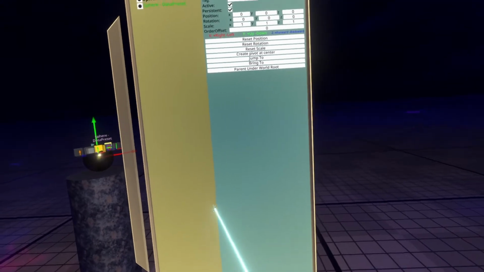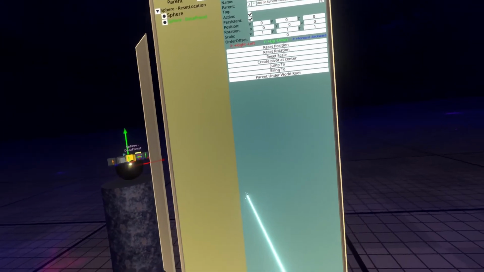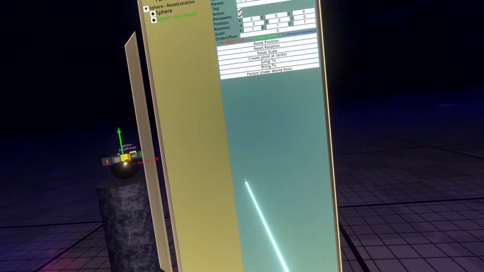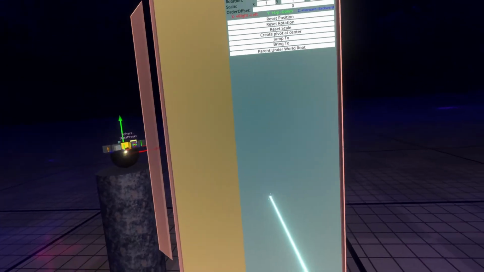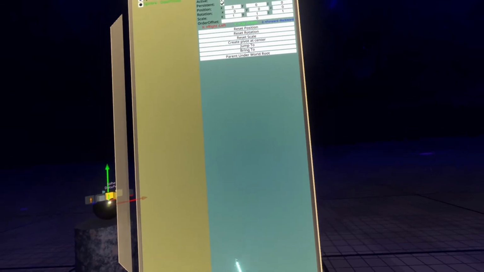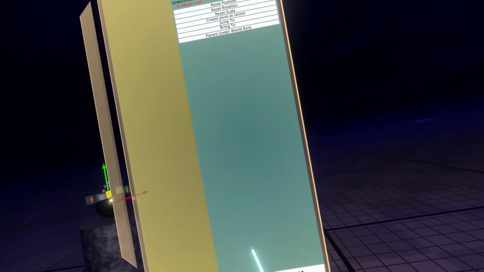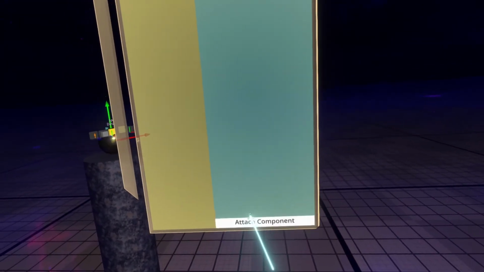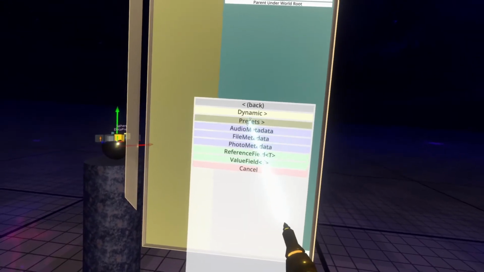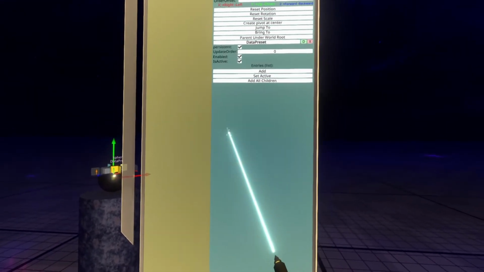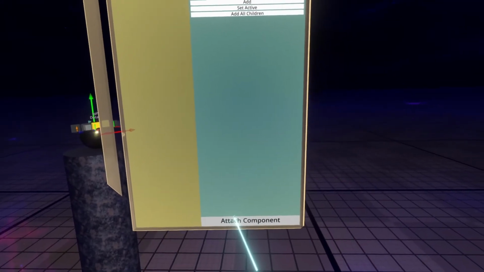And then we need to add some data presets to it. In the video description, you'll find my data preset tutorial. I don't go over data presets that involve references because they weren't out at the time I was recording this video. Now that they are, this is what's enabling this setup to happen, which I mentioned before. So I'm going to skim over some details, but do check the data preset video in the video description if you have any questions. So I'm going to go to attach component, data, presets, data preset,